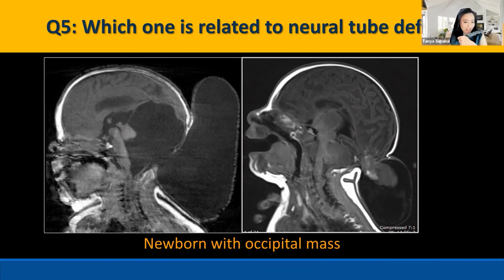Dandy Walker, right? So this is a big posterior fossa, elevation of the torcula, cystic space, and then you see maybe some hypoplasia of the vermis or cerebellar hemisphere, right, on the first patient. And then this one, Dandy Walker, with something that you already mentioned. Yes, right. Cephalocele, yep. Yes. How about the second patient?